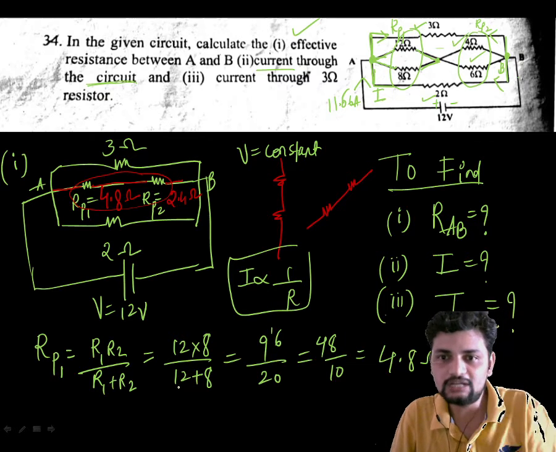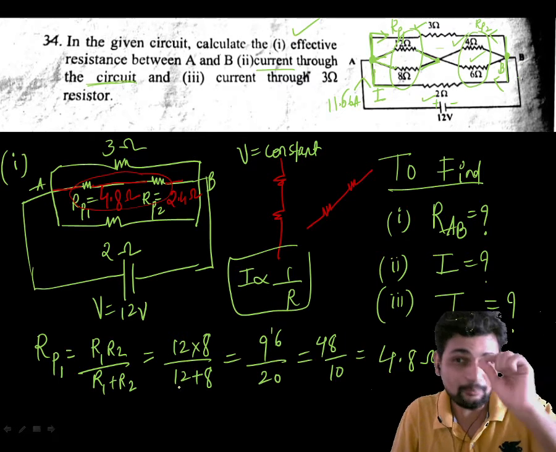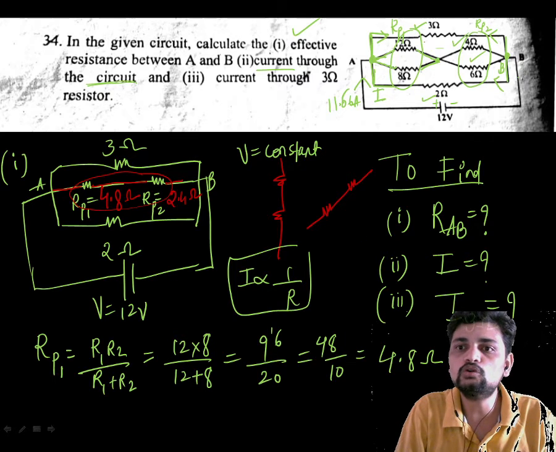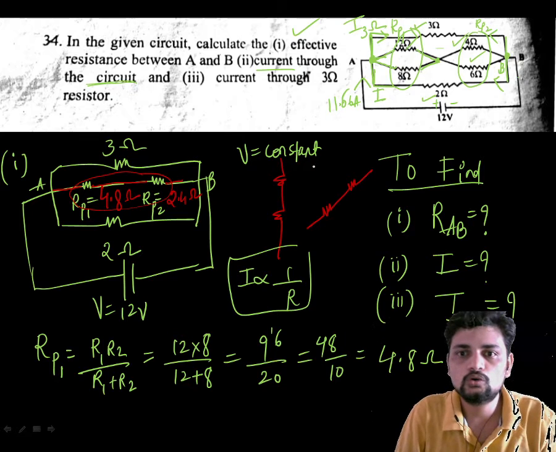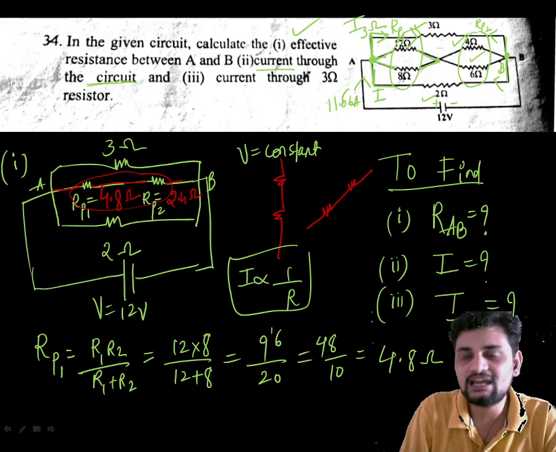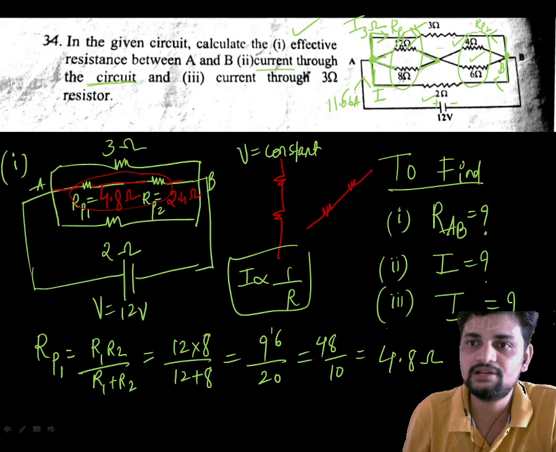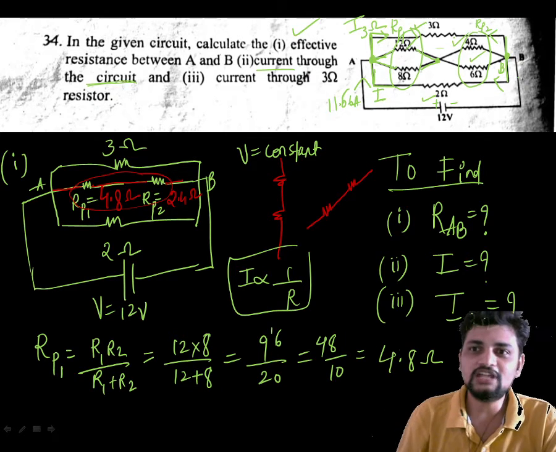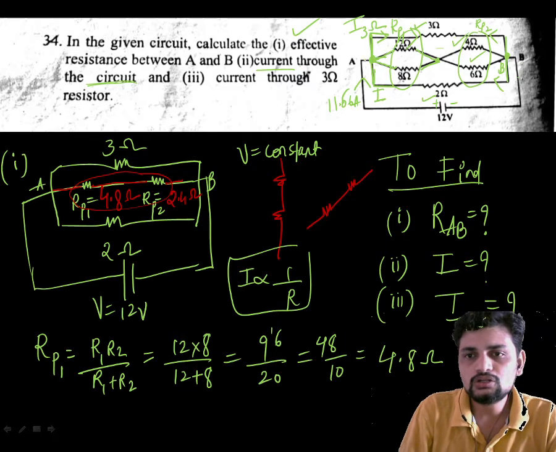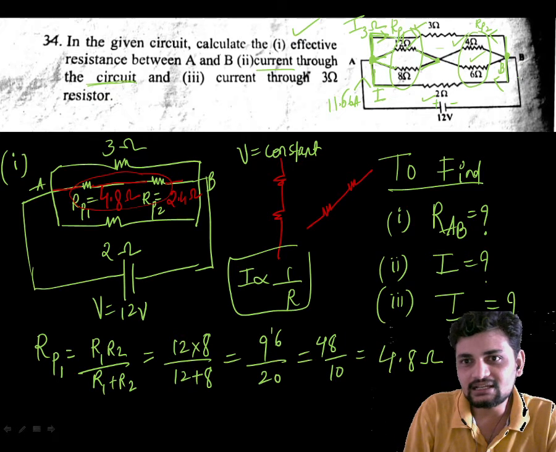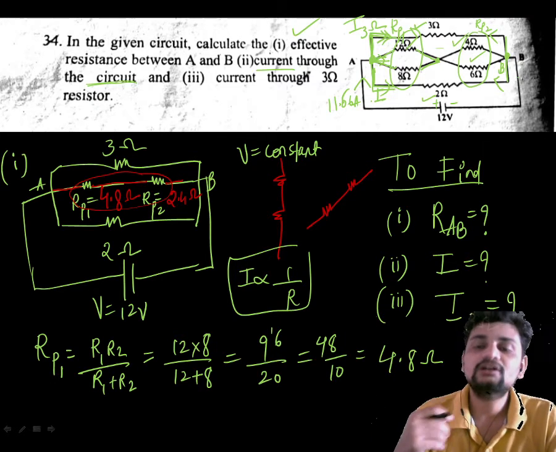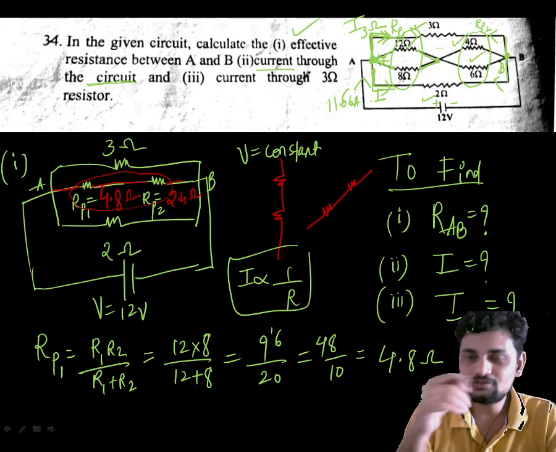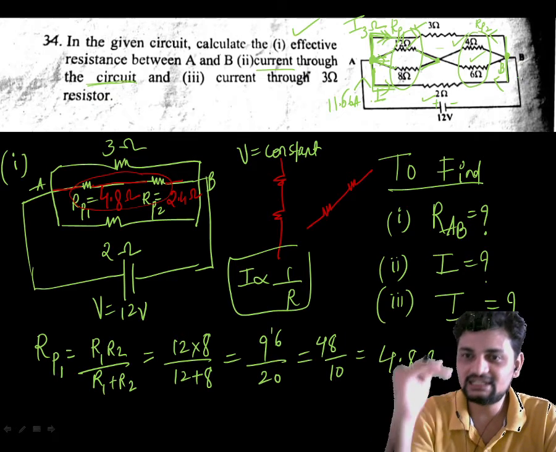Now based on this concept, I have to find out the current which is flowing through 3 ohm. So let me mark it as current through 3 ohm. As I have told multiple times, the 3 ohm is the upper branch's lone resistor, so I have to find out the current only through that 3 ohm resistor. After reaching point A, the current is dividing itself, because it has multiple paths to flow. So undoubtedly things are connected in parallel.